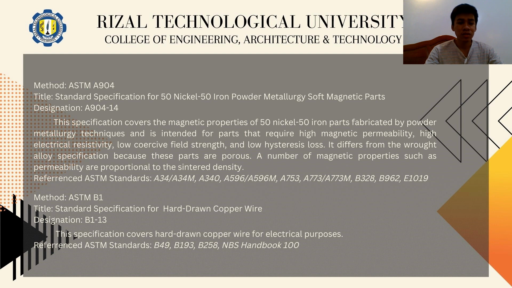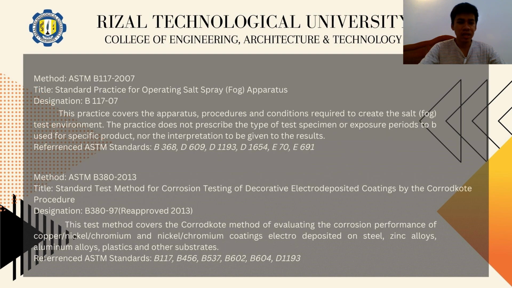This specification covers hard-drawn copper wire for electrical purposes. The wire shall be tested and shall conform to the requirements as to tensile strength, elongation, and electrical resistivity. No joint shall be made in the completed wire. Joints in the wire and rod made prior to the final drawing shall be in accordance with the best commercial practice. Next is ASTM